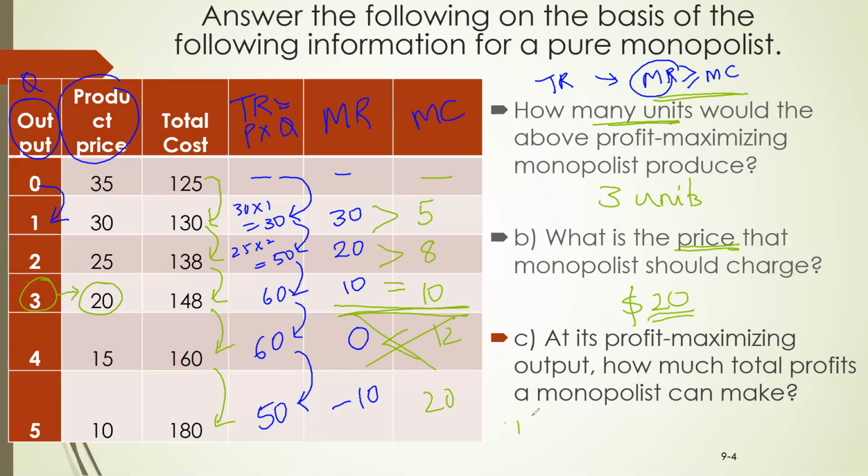What is the profit? Profit is total revenue minus total cost. So total revenue at 3 units is $60 and total cost is 148. That gives us the overall profit in this particular case. As you can see, this firm is actually making a loss. That means for a monopolist, although there is only one firm, it can actually have losses. Why is it operating then? When you have fixed cost, if your loss is less than the fixed cost, you can actually continue to produce. That's exactly what the monopoly firm is doing in this case.